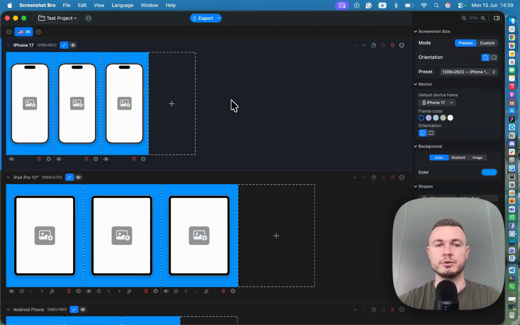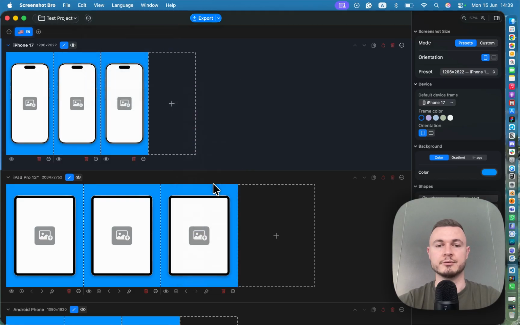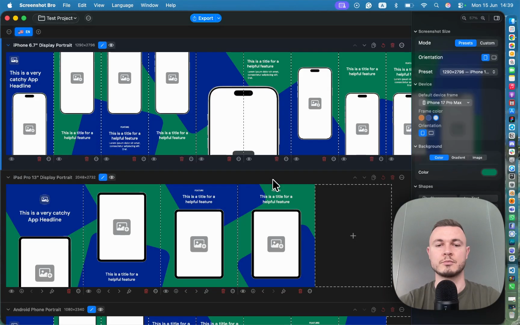If at any point you decide that you would like to reset your project from a template, you can do it by clicking those three buttons, Reset Project from Template, and choosing the corresponding template. Once you do this, the system will ask you to confirm your action and you just need to hit the Reset button. And right now you have a really good foundation to make your screenshots even more